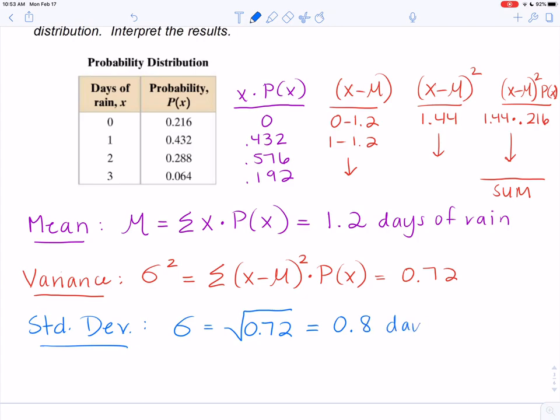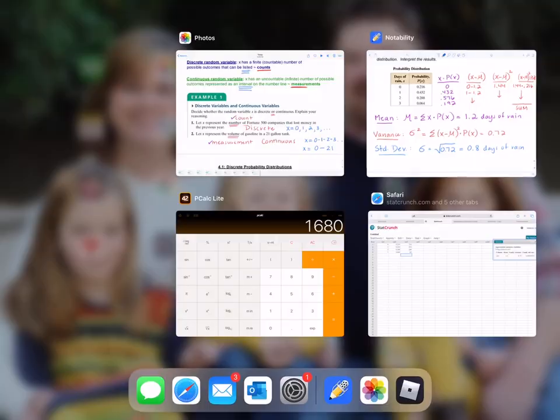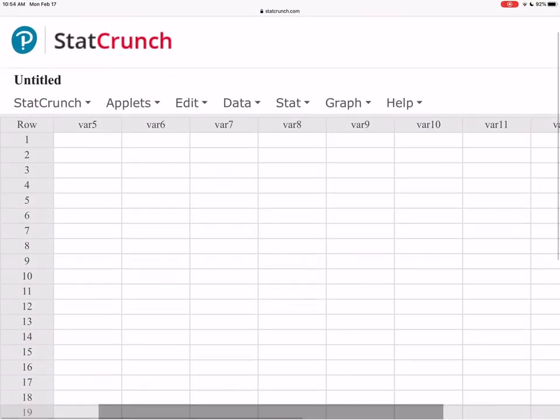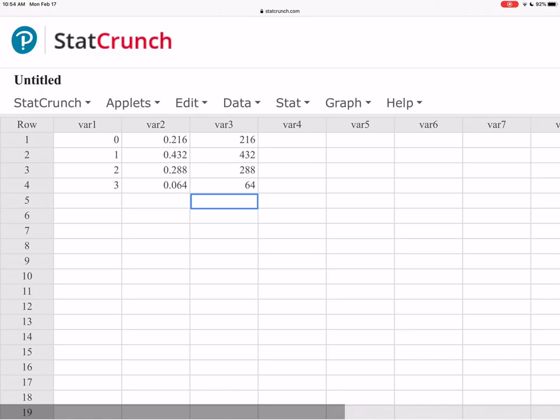And remember, this is getting back to original units. So we're talking about 0.8 days of rain. That's the approximate amount of variation we would expect, right? So almost 1 day of rain variation around that mean of 1.2. And notice that information was also given here when I ran